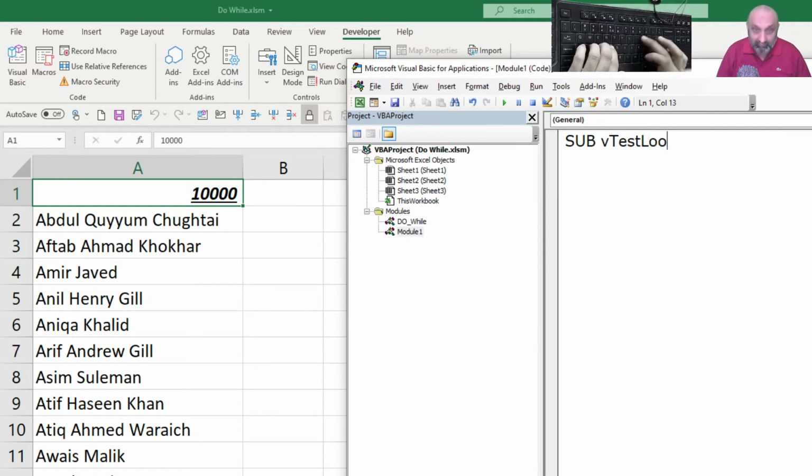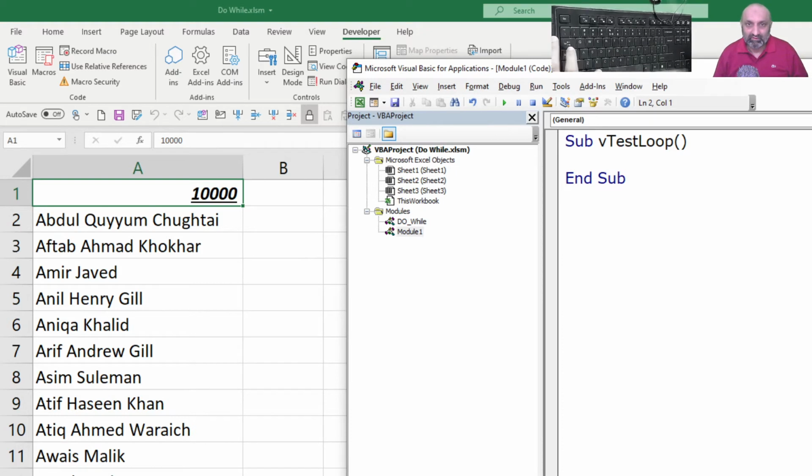TestLoop, this is the name of our macro. And first of all, because we have to look into column A, we have to move our cursor to range A1. So we will start looking from cell A1 dot Select.